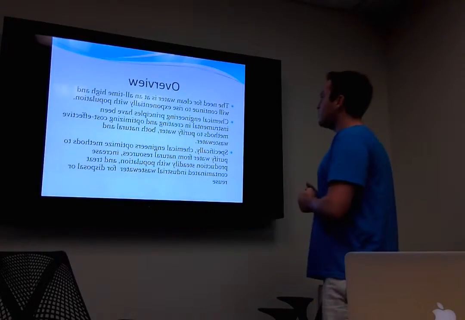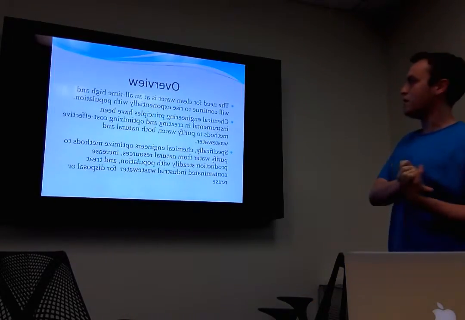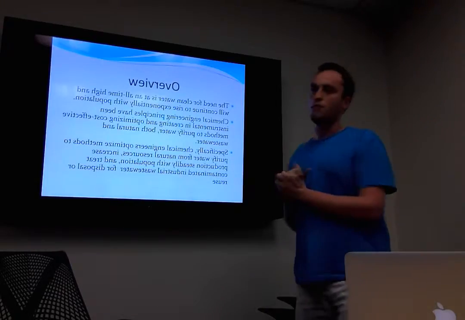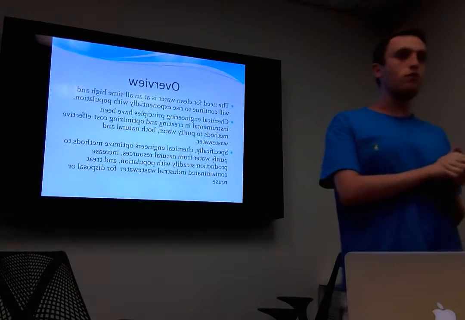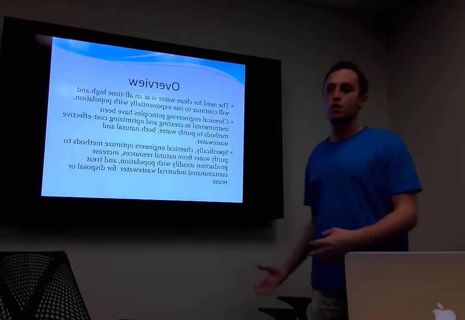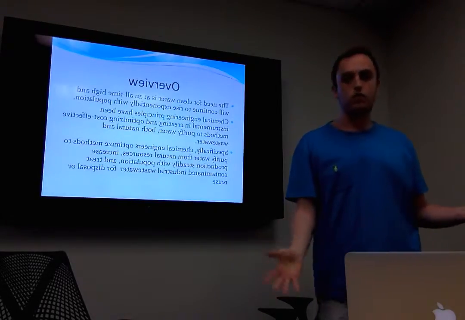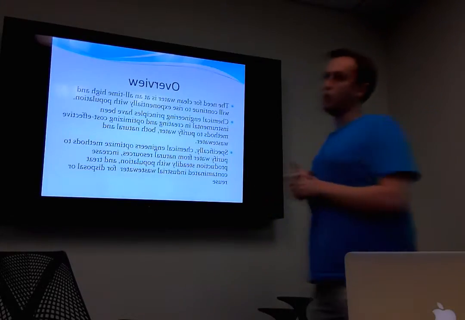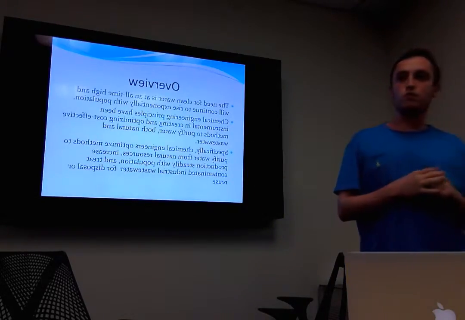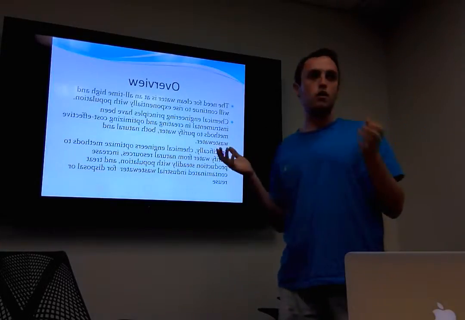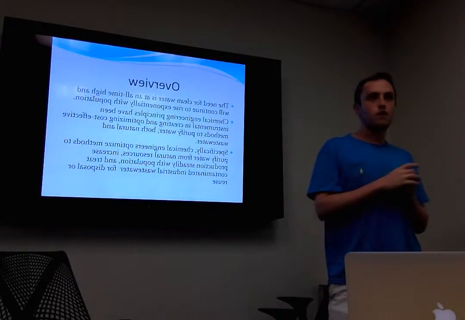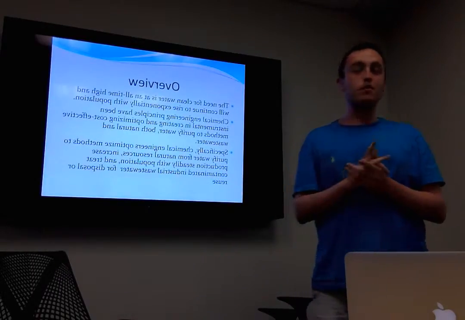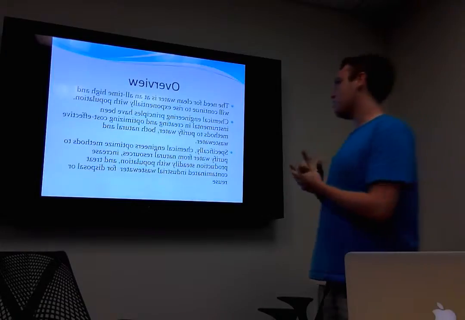So chemical engineering principles are instrumental in creating and optimizing methods to purify this water, both natural water, like lakes and rivers, taking that water in to purify it and then use it for eating, drinking, cleaning, or whatever. Or also treating wastewater. Whether it's wastewater from humans or from industrial factories, that wastewater has to be done something with. You can't just throw it away and hope nothing bad happens. And chemical engineers are obviously really important for that.